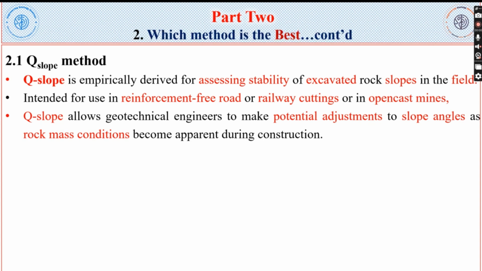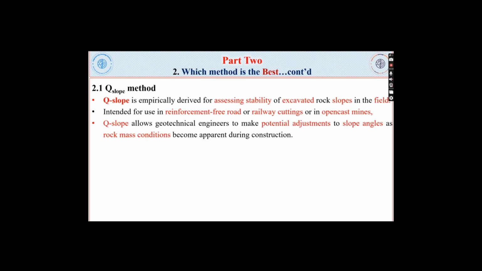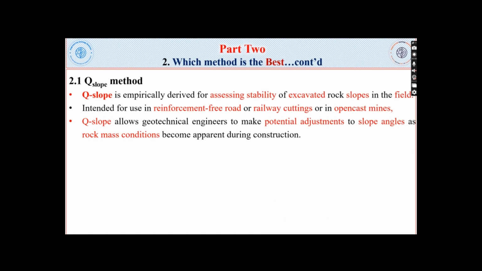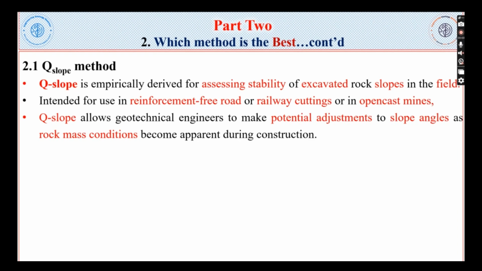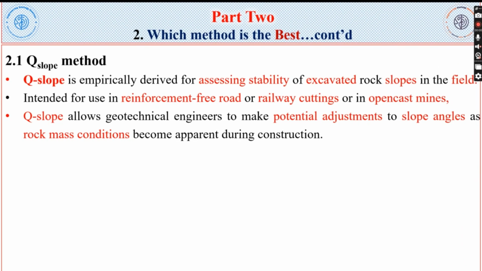In order to understand this method, we have to see the intention of this method. The Q-slope method is empirically derived for assessing stability of excavated rock slopes in the field. It is intended for use in reinforcement-free road and railway cuttings, or in open cast mines. This method allows geotechnical engineers to make potential adjustments to slope angles as the rock mass conditions become visible